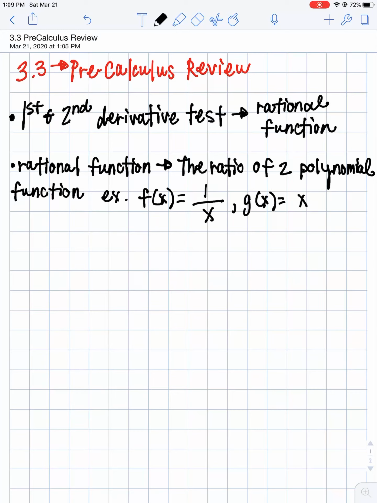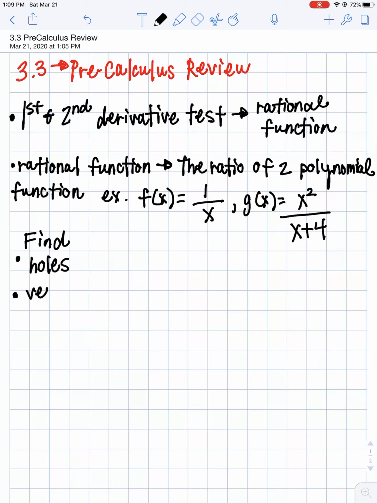Here's another one. g of x equals x squared over x plus 4. Like that is also a rational function. So there's two examples of rational functions, okay? And so when you have rational functions, there are a couple of things that we're going to talk about in this review. I need you to be able to find